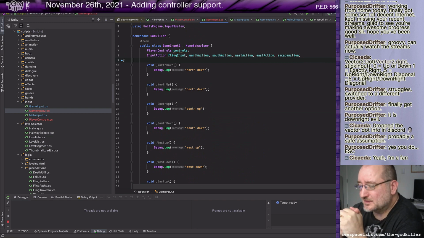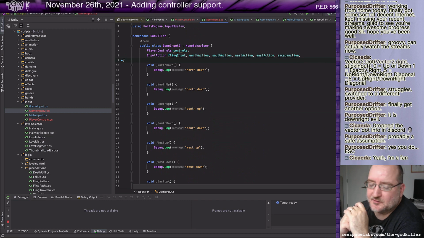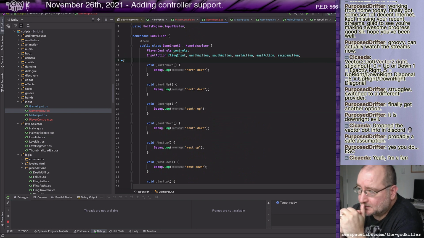These input actions that are defined for north, south, west, east may not give the right information for that stick analysis, like with the dot product or however we do it. I might need to set up a separate action which doesn't have a button value but has like a joystick value or stick value.